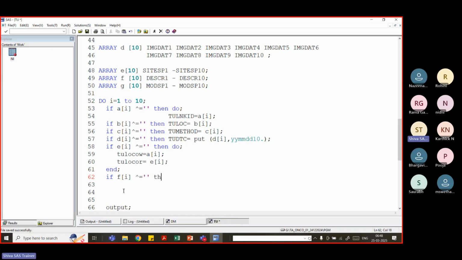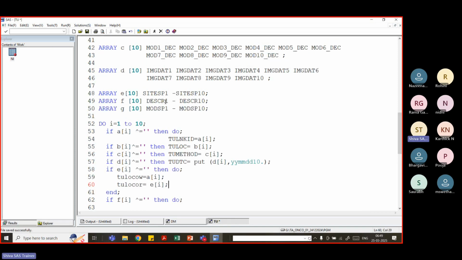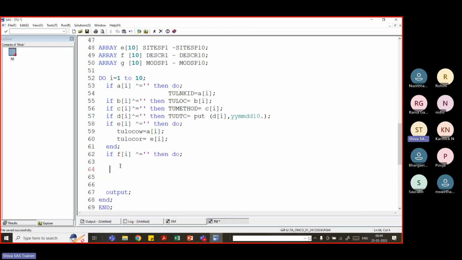So if it is not missing, then do the descriptive variable. Yeah. F is related to the description. So description, describe. So we can write like this. Describe W